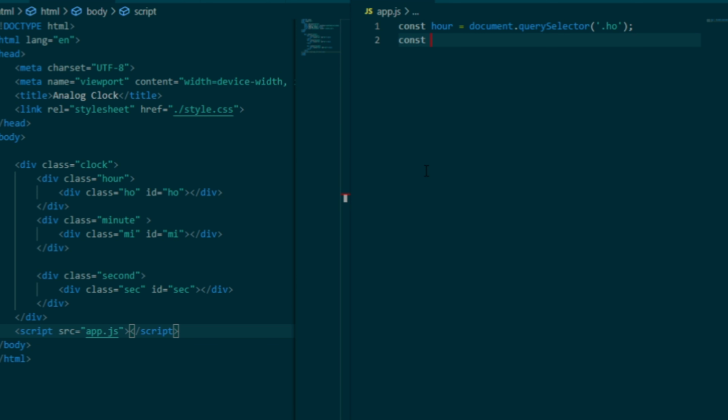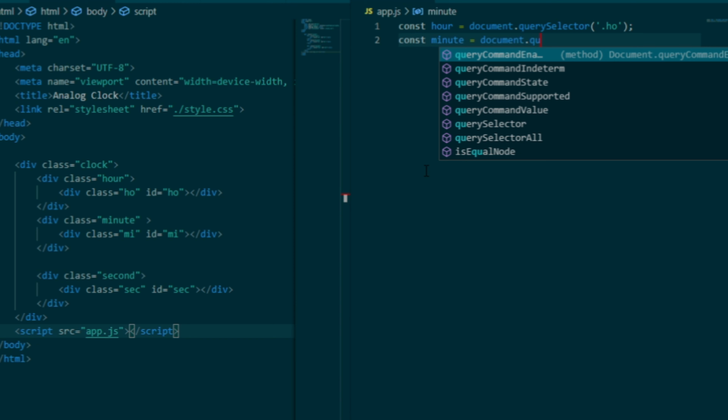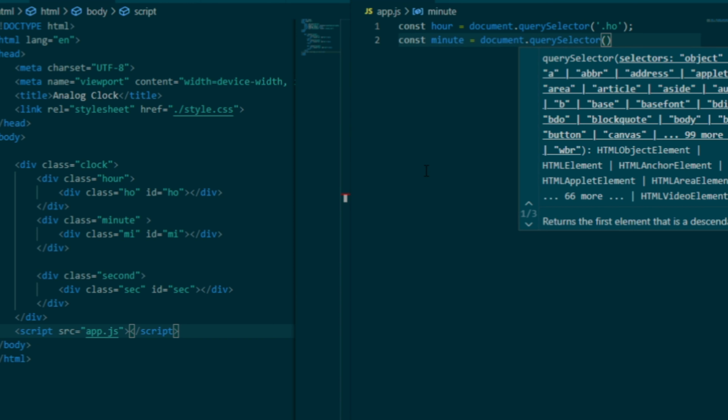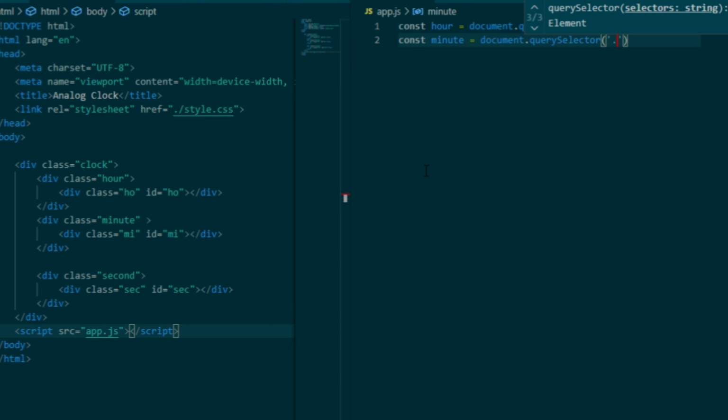Another constant, and let's name it minute, that is equal to document.querySelector, and that is mi.